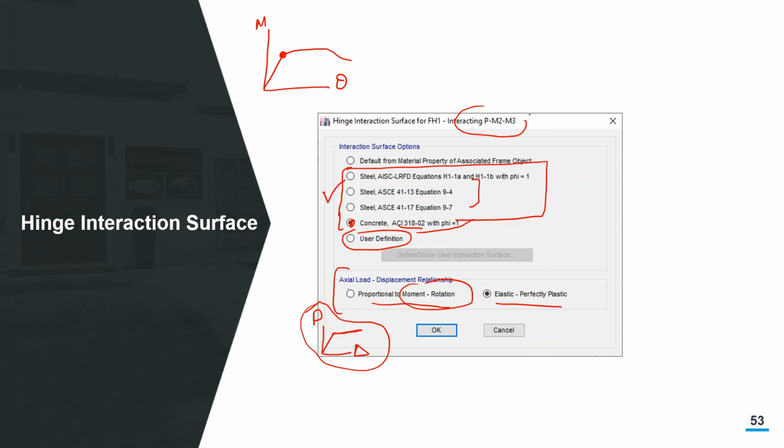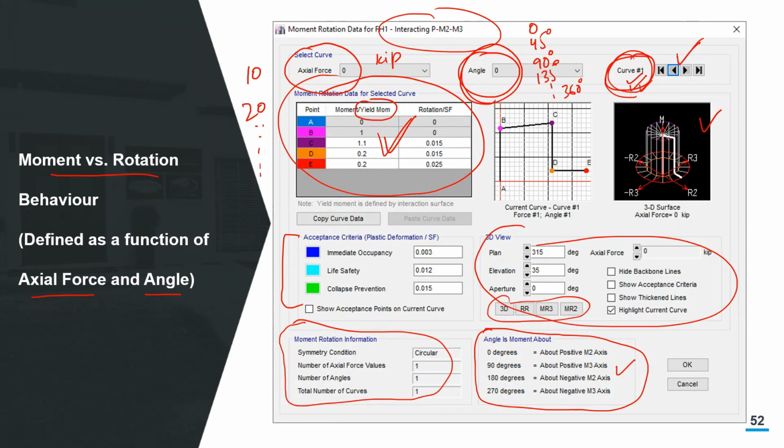For example, let's say that this is for a particular angle, 0 degree. So I am basically plotting M at 0 degree and theta at 0 degree. Now at that particular 0 degree, based on the level of axial force, I need a yield moment to completely describe this curve.